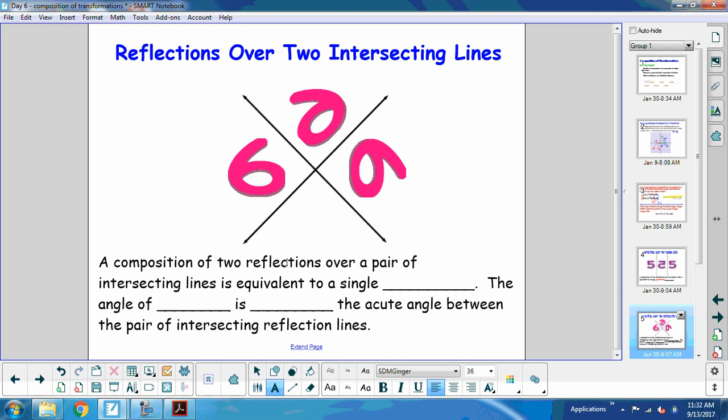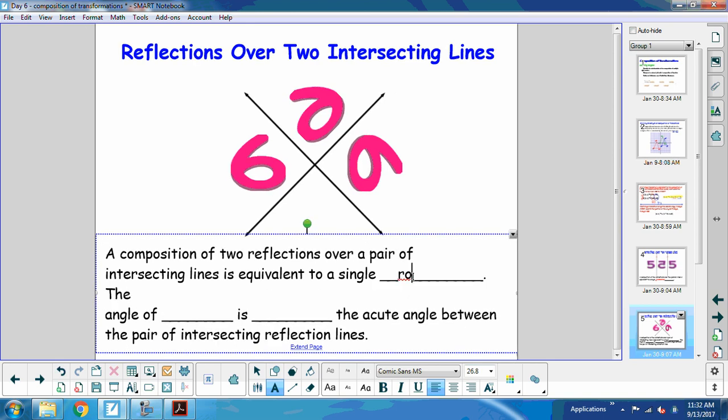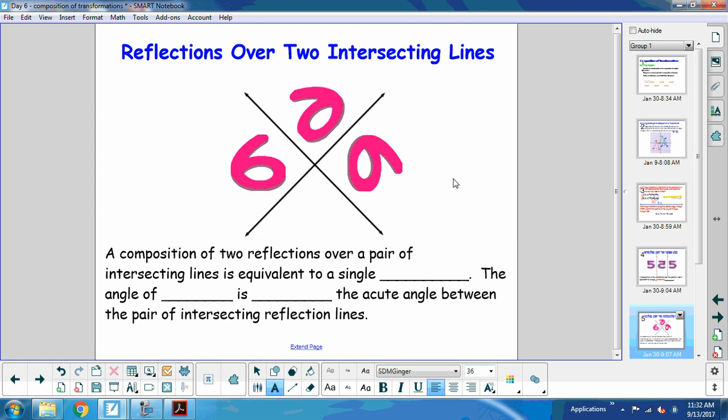Okay, so a composition of 2 reflections over a pair of intersecting lines is equivalent to a single, we just talked about, rotation. Okay, now,